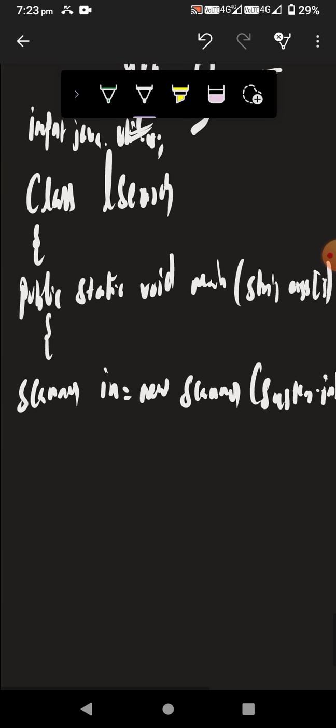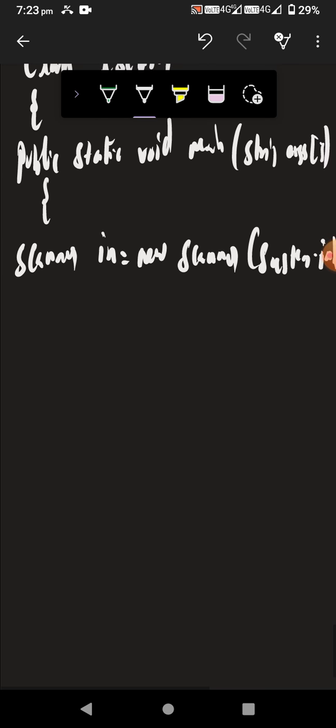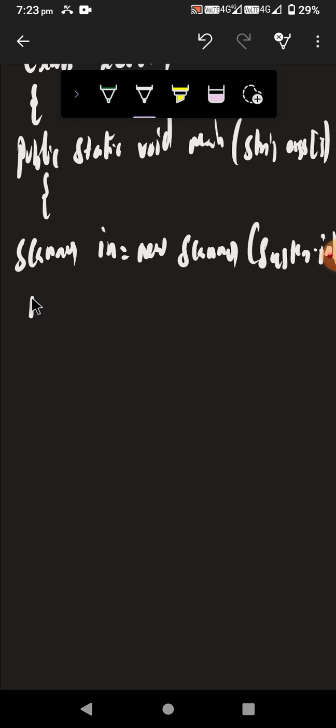Now take int, suppose size of the array, for better clarity. System dot out dot println, enter size of array.